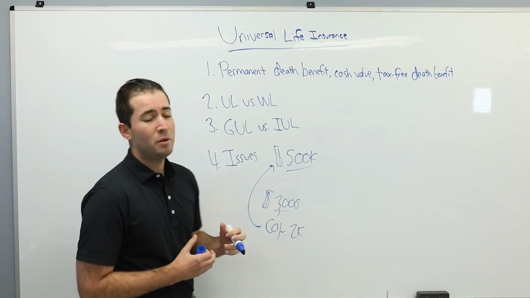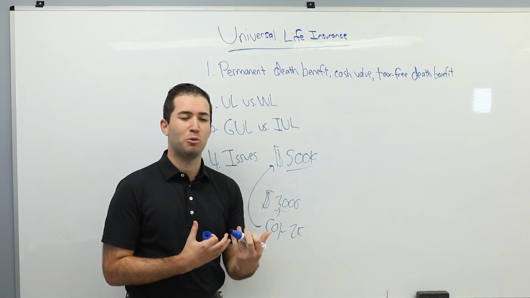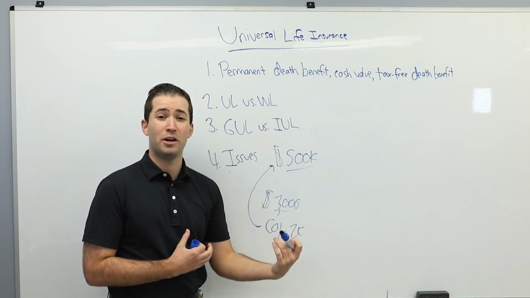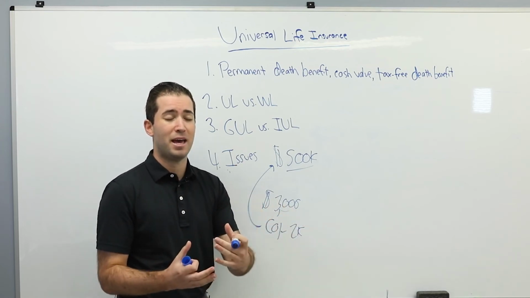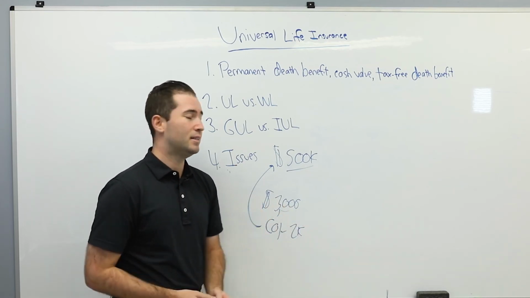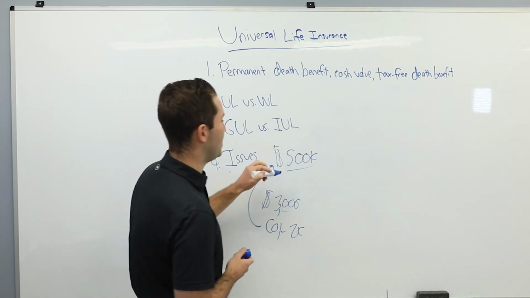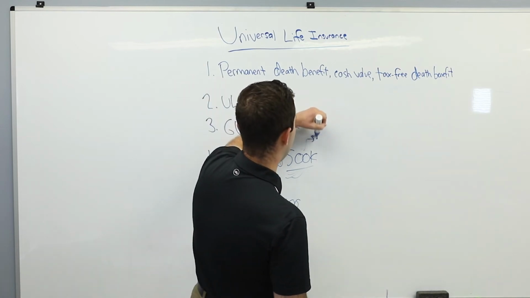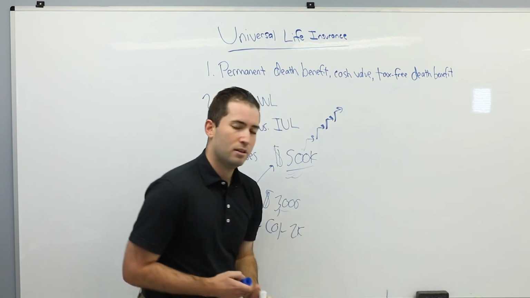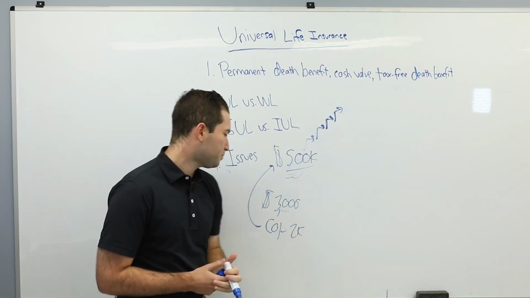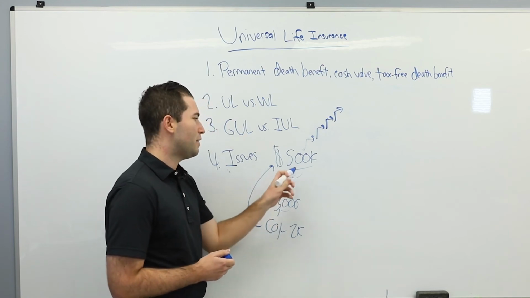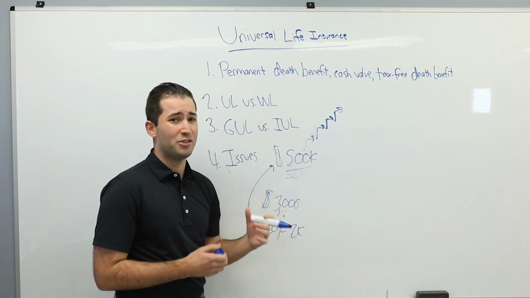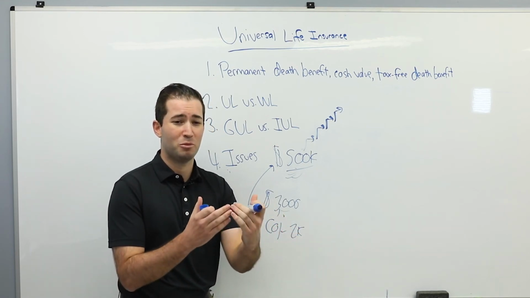So back to the original issue. Because universal life insurance has flexible premiums, this $3,000 hypothetical premium is not going to be due every year. So you can either pay it, choose not to pay it, you can skip payments, you can pay less. Where this goes bad is that this cost of insurance, the initial $500,000 that you took out, that increases every year like an annually renewable term insurance policy. So it's a very, very slippery slope where the actual cost of your insurance is increasing every year and your premium structure is either staying the same or it's being skipped or the premiums are decreasing.